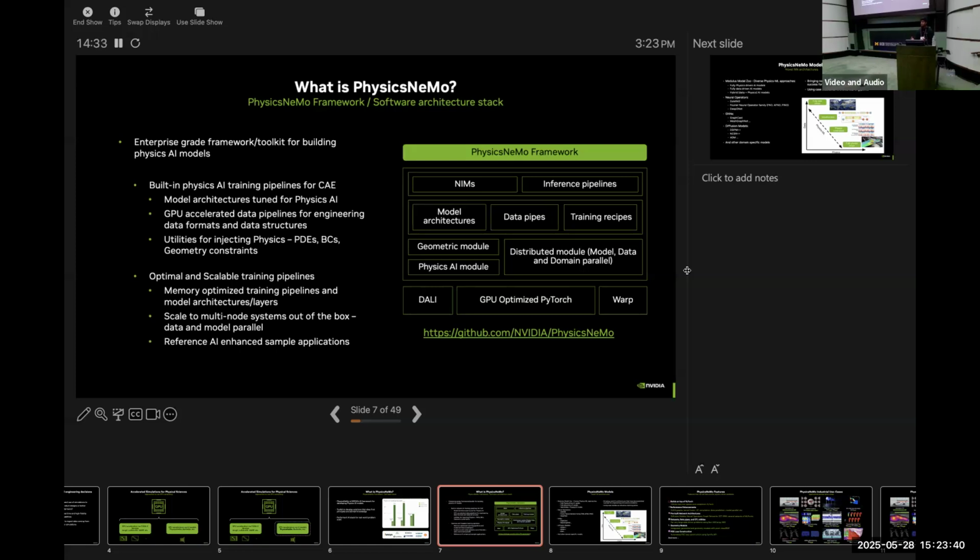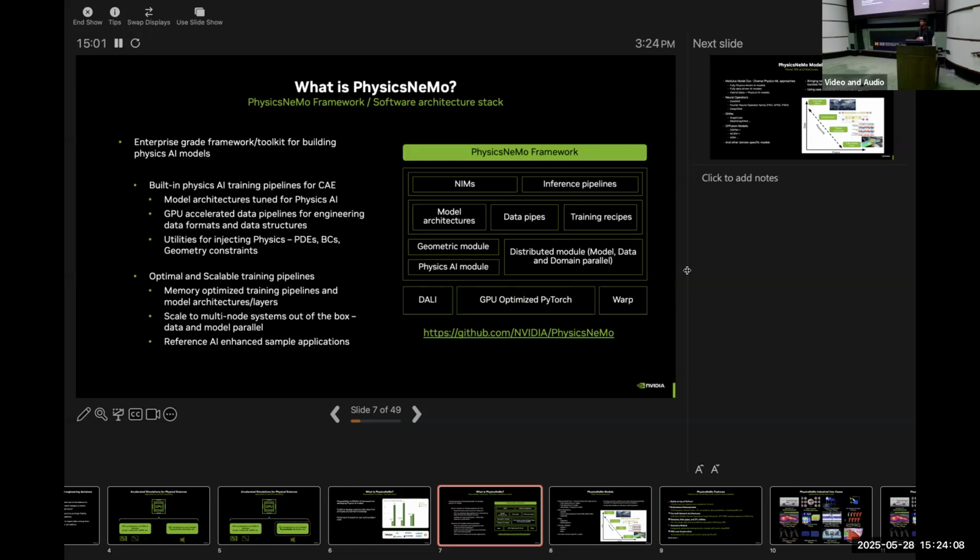Warp is another framework to build fast GPU kernels for some of the common operations, and so we have some fast GPU kernels like nearest neighbor search or ball query algorithms and many other things that leverage the Warp framework. And of course, we build on top of the GPU optimized PyTorch itself.